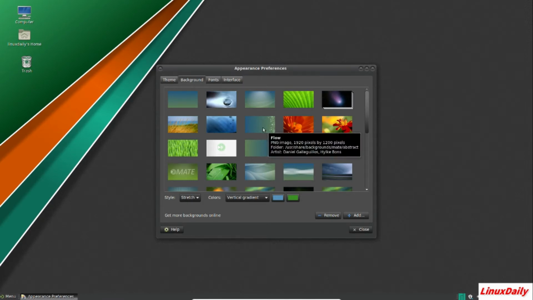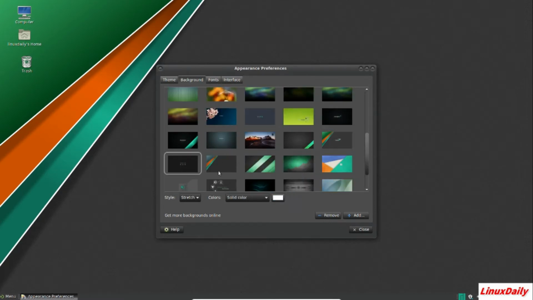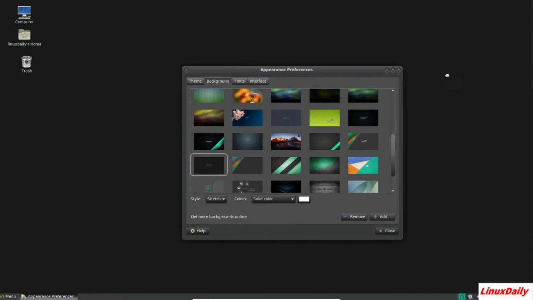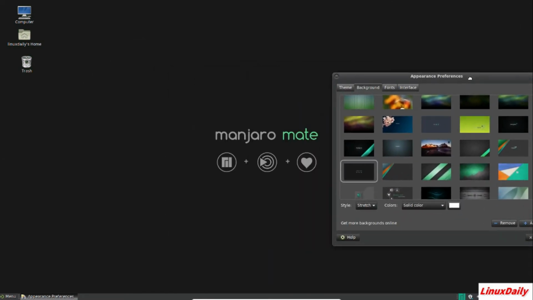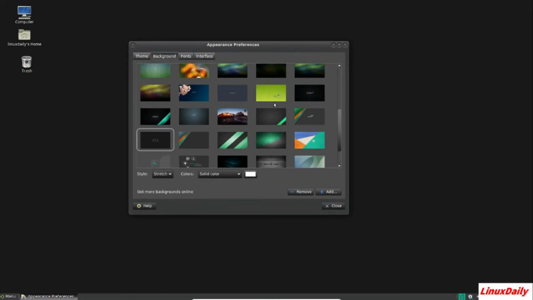If I didn't like Mate, I can throw in a different desktop environment. Like I can throw in i3, KDE Plasma, or download the Manjaro KDE Plasma Edition, actually. But yeah, plenty of different options to choose from. Like I just threw on this Manjaro Mate. Nice little background. I'm going to keep that up there for the purpose of this video. For those of you wondering, this is actually installed on VirtualBox. This is not a live CD. So there you go.